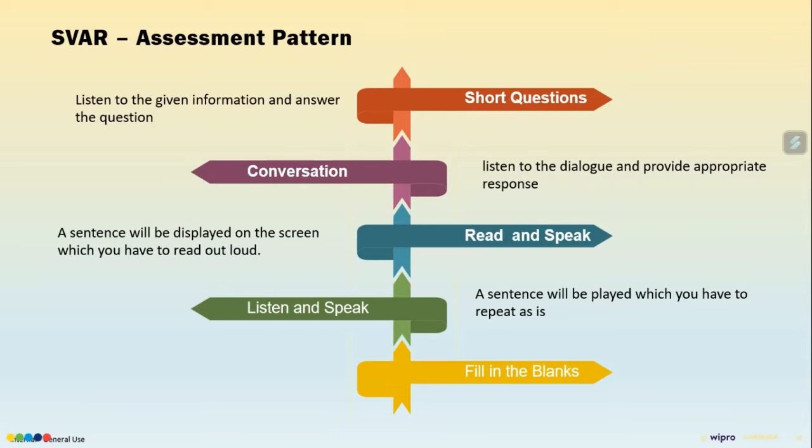Next is listen and speak. As the name again suggests, a sentence will be played which you have to repeat as is. You will be given 12 seconds to repeat the sentence. Once you have spoken the sentence, you can click on the submit button and move to the next sentence. There are going to be 9 such questions in this section,